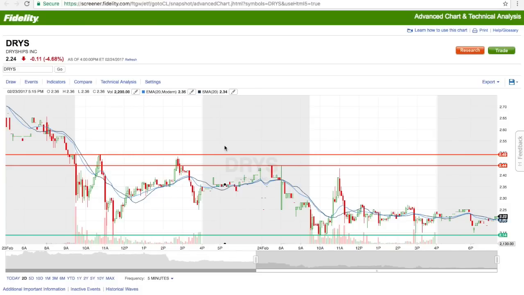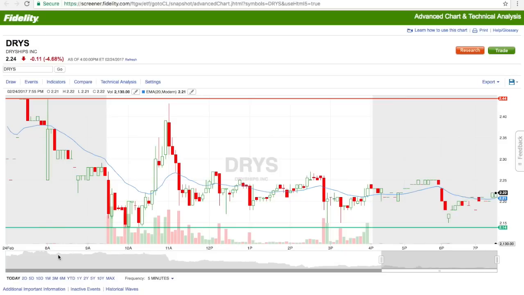So I personally recommend the EMA if you have the chance to use that indicator, but if not, the SMA will definitely do the job as well. So I'm actually going to remove the SMA for now and focus on the EMA. So how it opened pre-market hours for DRYS. I'm going to show you how I use it to indicate that there was going to be a bounce around 2.14 and 2.15. Again, when it comes to TechBud Solutions, we have a whole plan before we actually trade any